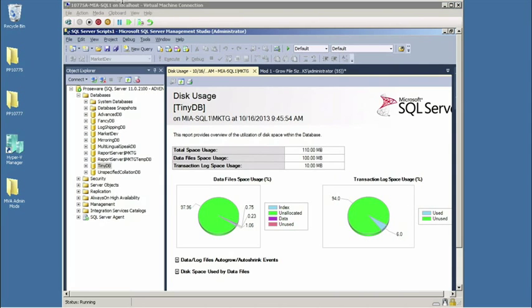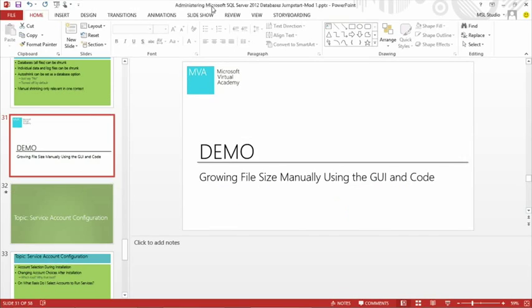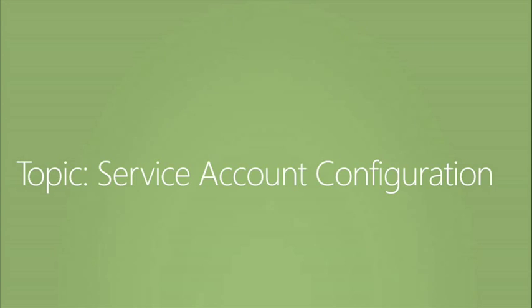All right. So you had one more topic that we wanted to talk about in here, and that one is going to be service accounts. That's right. Talk about another area where some people will have some passionate feelings. There's a lot of passionate people in the SQL Server community. Yeah, you have to be. Let's take a look at our topics for this section.